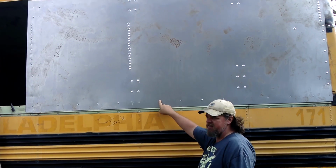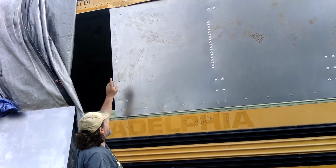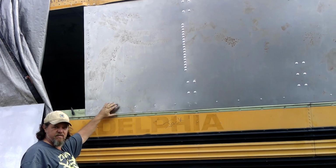But there's bolts down here and all the way up this side because we wanted to get it in place, and the next piece of sheet metal is going to go here. And I can't put the rub rail on one of these, so we put bolts instead of rivets. So the bolts are holding it to